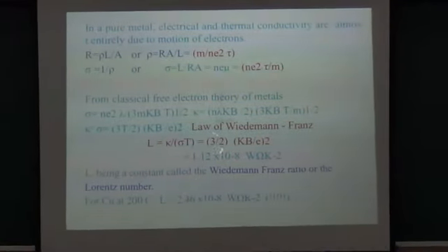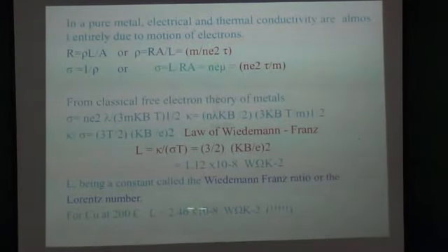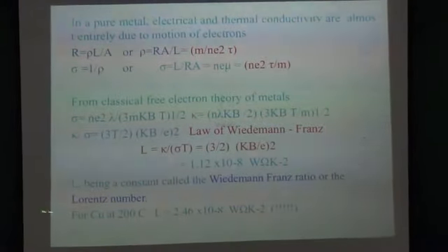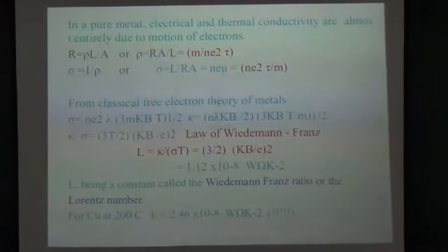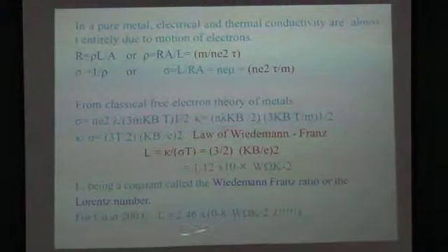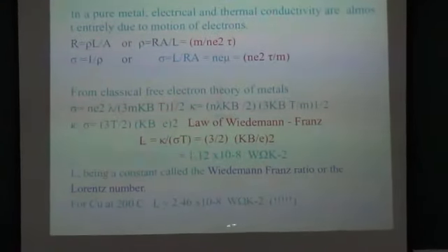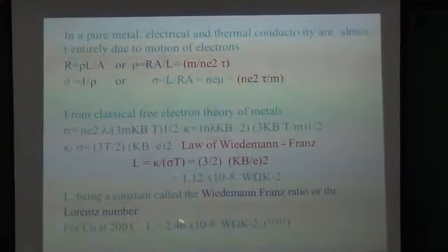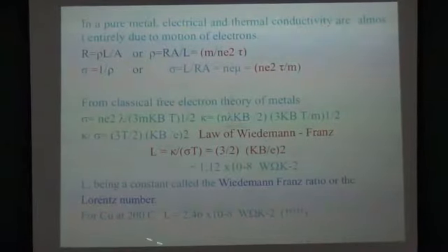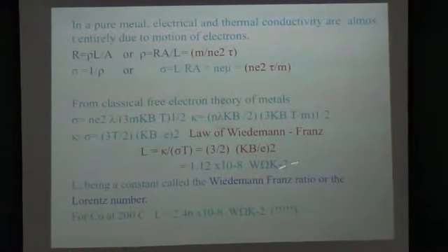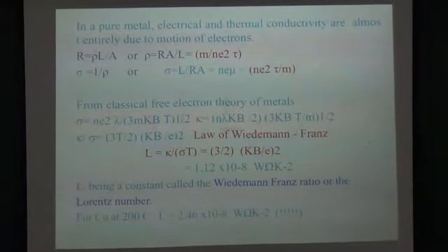Okay, so to bring this L close to the experimental value, because we are going to determine this in this course also, Fermi-Dirac statistics and quantum mechanics has been applied. Because we can't say anything about this is the experimental value, then we will also find out from the experiment. You can check at the end how your value matches with this value of L. But this value seems to be wrong. That means this has been obtained from free electron theory.